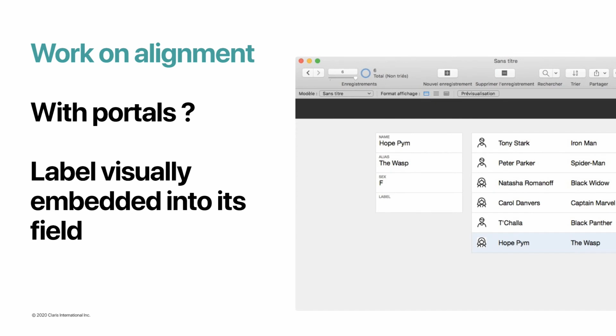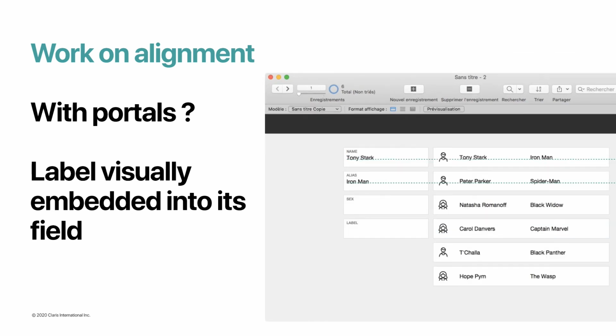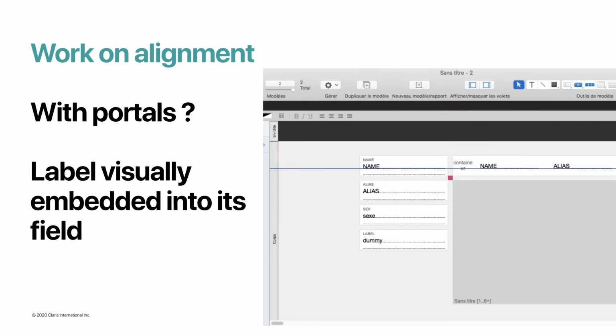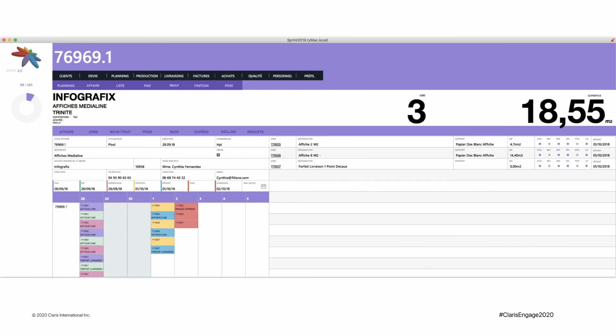This is the same layout in browse mode. And with this technique, it's possible to use vertical margins too. My portal rows are higher and transparent, and I use a white rectangle in background to mimic a row, like you can see in the layout mode. Here is a solution which presents this technique with the portal on the right and multiple fields perfectly aligned on the left.